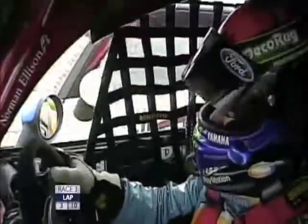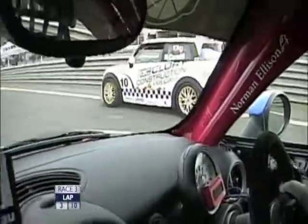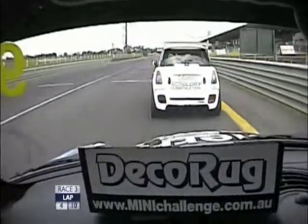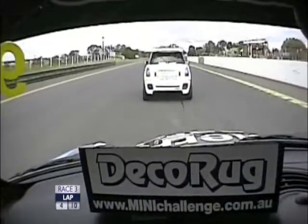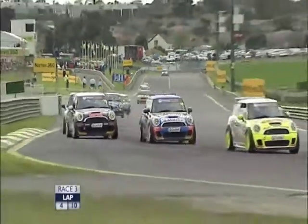What great racing. You can see there now it's just a drag race down to the first corner. And it looks like Karate had the best gear selection at the exit and was able to get on the power and get away. Don't forget, Grant's carrying 25 kilograms of ballast. Nathan's carrying just 10,